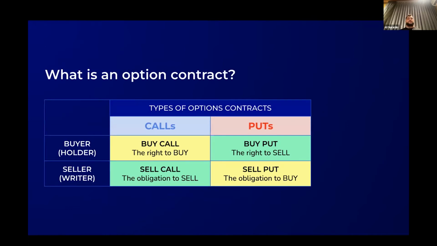So what is an option contract? An option contract gives the holder the right to buy or sell a specific quantity of an underlying asset at a specific price, called the strike price, on or before a specific date, depending on the type of option. Here on the table, you can see the types of option contracts. They're separated into two categories, calls and puts. And each contract is peer-to-peer. So every